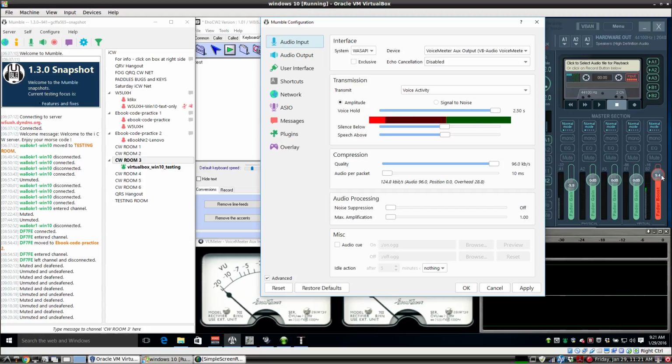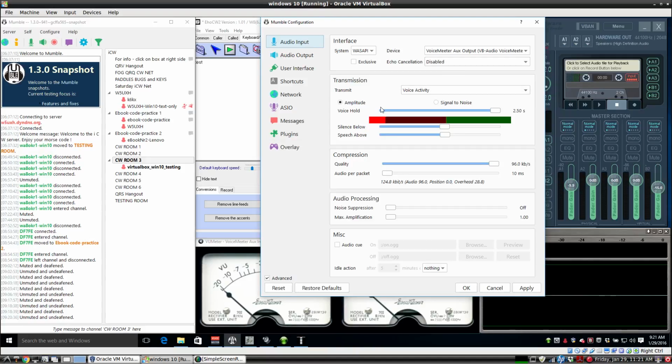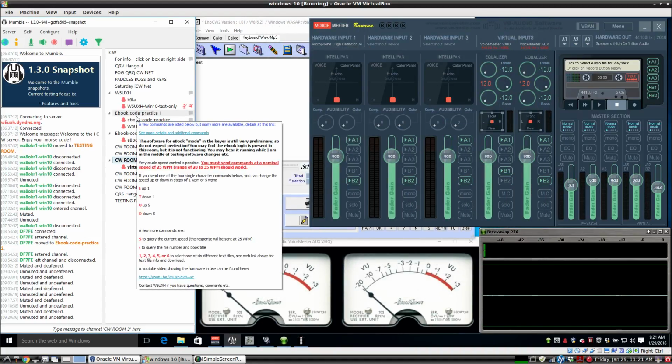So you can right click and then type minus 15, hit enter, and that can set it too if you want to set it with some precision. Go try it again. Oh, it's right back to where it should be, what's usually ideal. And the idea again is we're trying not to activate Mumble's own AGC circuit, which will affect how your CW